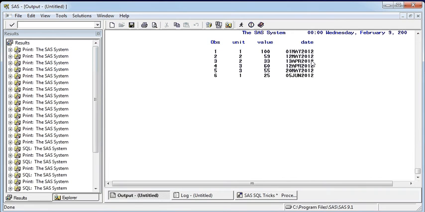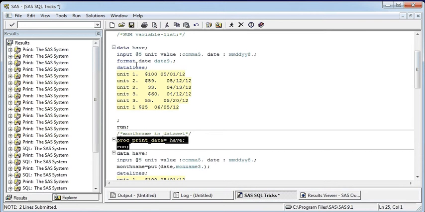I have created this date9 format so that while printing I don't have to give this date format in the proc print procedure statement, because I have already given this format statement in here, so it's going to display date-wise.